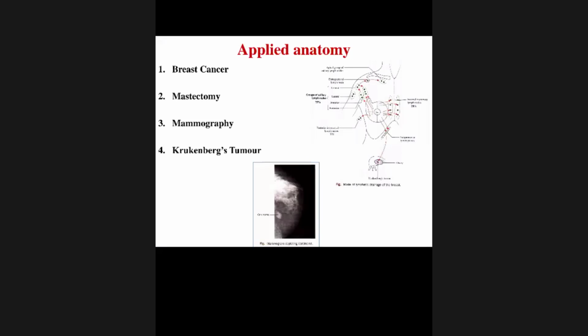And mammography. Mammography is the X-ray examination of the breast. So mammography is also called as the soft tissue radiography. So there is a special X-ray machine for the radiograph of mammary gland. So in normal X-ray machine, X-ray of mammary gland cannot be done. There should be a special machine, that procedure is called soft tissue radiography.